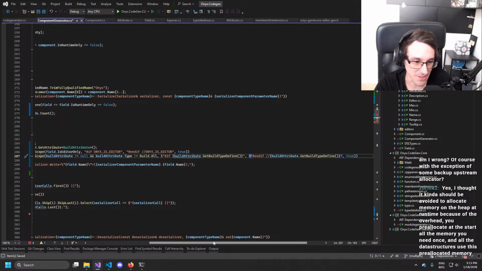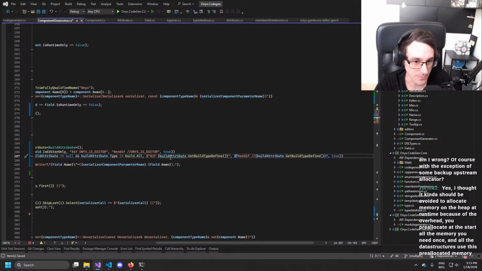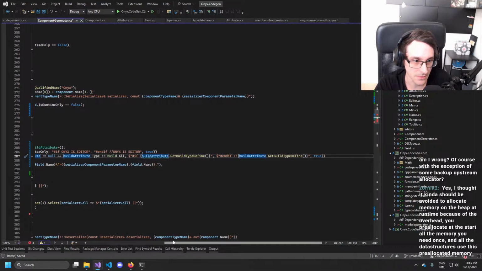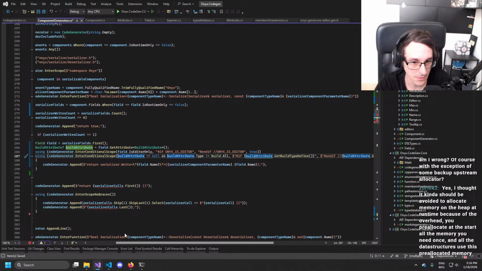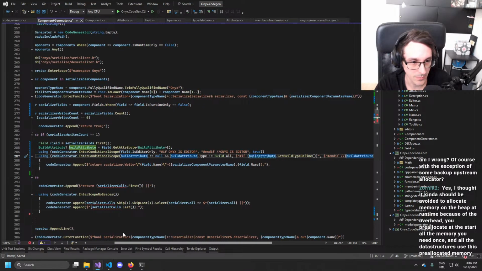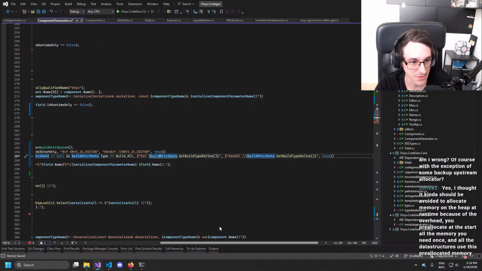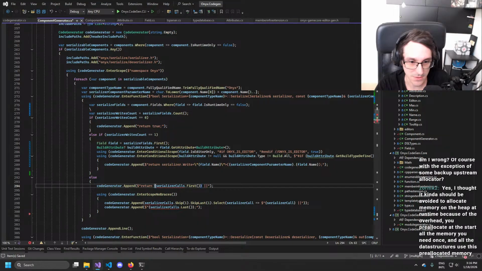Yeah, but that's not really how it most of the time happens, to be honest. It's rare that bigger engines do that, because it makes it really complicated. It works for smaller games. But usually you just allocate what you need and you have your own allocator, right?